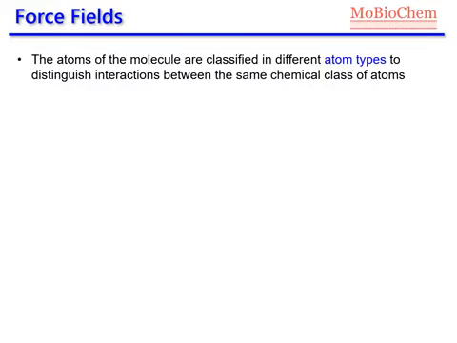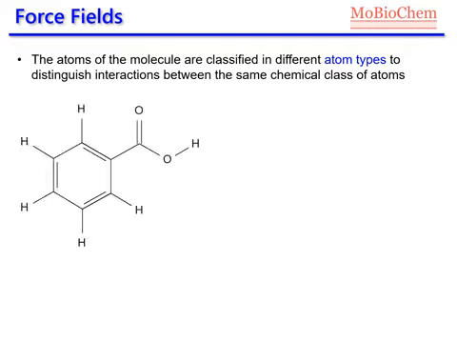So the first thing we need to know in order to use a force field is that we need to first classify the atoms of our molecule in atom types, because depending on the atom type we have in our molecule, we will have different interactions with the other atoms. So again, let's focus on the benzoic acid as example. So we will have, for example, bonded interactions between these 2 carbon atoms here, but also between these 2 carbon